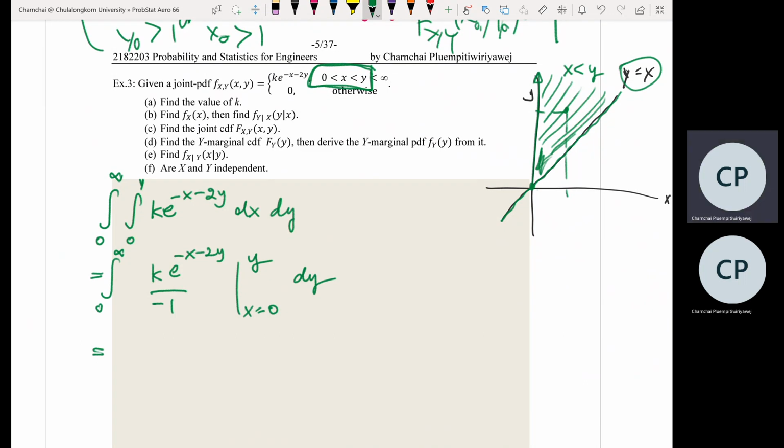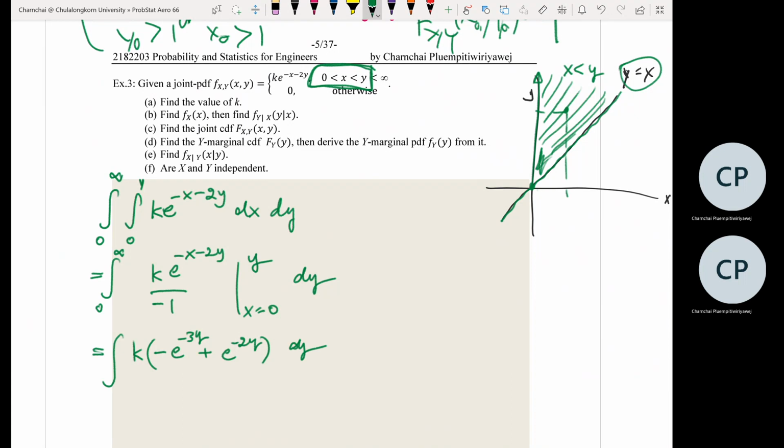อย่าเพิ่งสิ ยังไม่เสร็จ ลบ e กำลังลบ 3y บวก e กำลังลบ 2y ขาดอะไรไปขาด k ใช่ไหม ถูกไหม โอเค